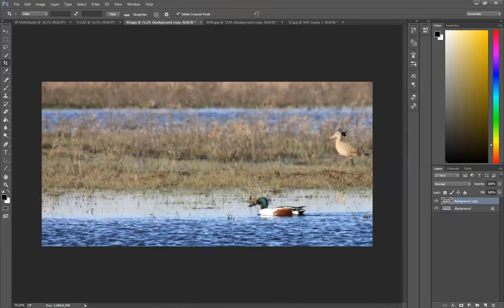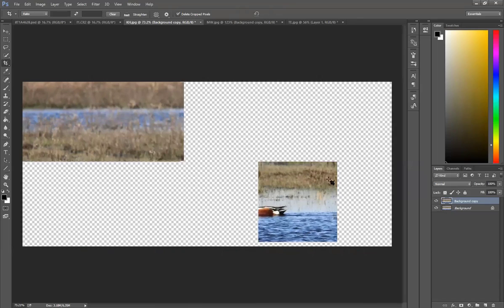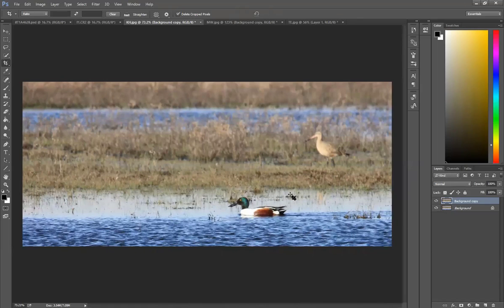If he wasn't there, or I could get rid of him and just have the duck, then I think that works a little bit better. But because we have that Godwit, I want to leave a little bit of space. So it's your choice. And I'm going to just show you quickly by getting rid of that Godwit just for a moment. Sorry, Godwit, but you're going to go there. I've cropped him out for a moment, or cloned him out, I mean. And now if I bring that in,